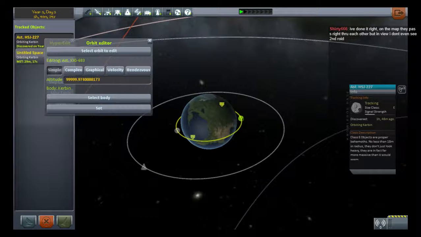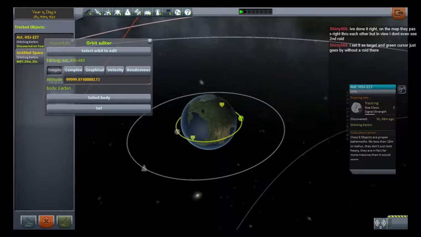Ah, right. Nope, it is there. The thing is, these icons in the map are massive compared to what their actual physical